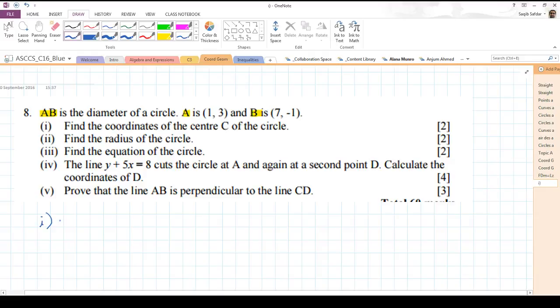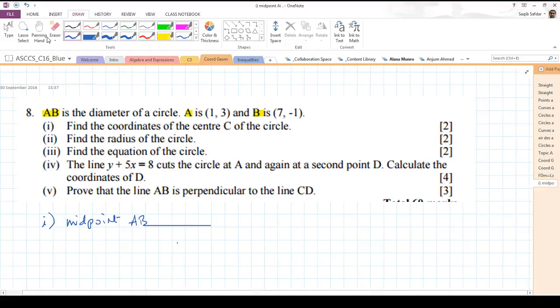The midpoint of AB. How many people agree? Okay. Anybody disagree? Good. Midpoint. How do you work out the midpoint? Is it the sum divided by 2? Okay, good. So the midpoint of AB,